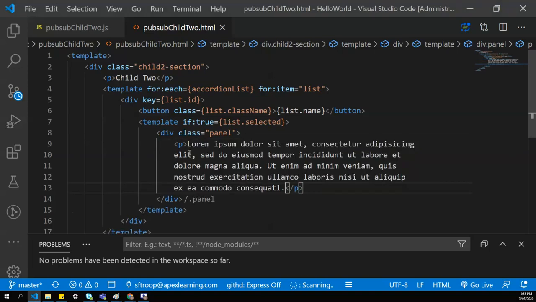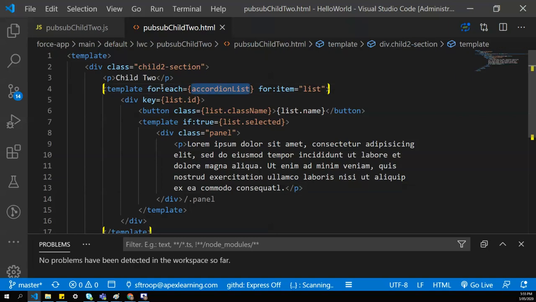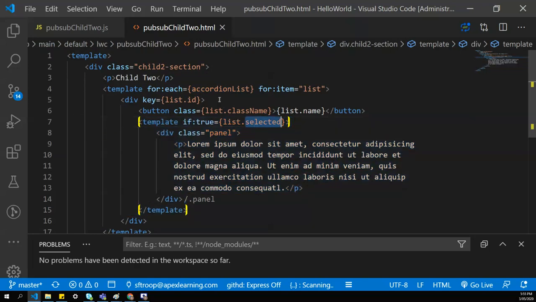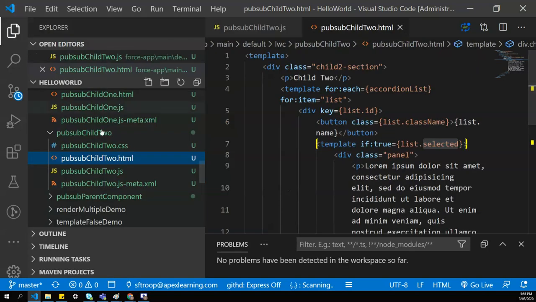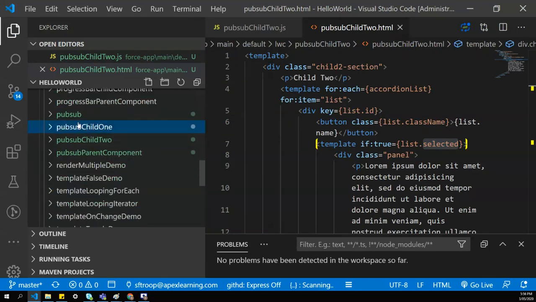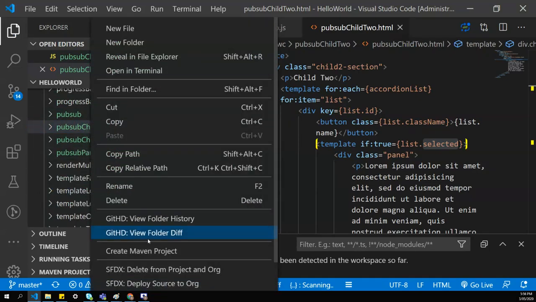So what we are trying to do here is we are creating the accordion list. Initially accordions are closed, so this section is closed because selected is false for all the accordion list. So once child 1 says open success, the success accordion will get open and it shows the panel. Likewise it's going to work. So let's go and deploy our component.